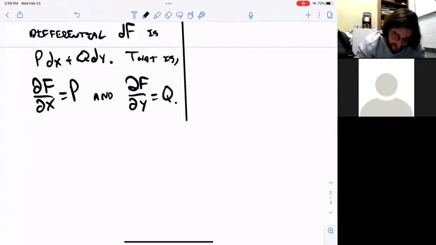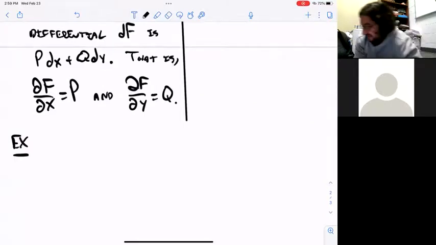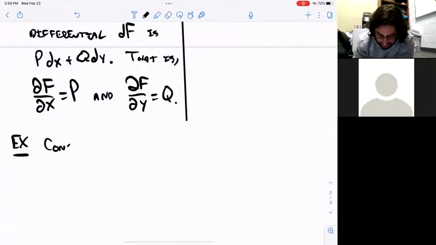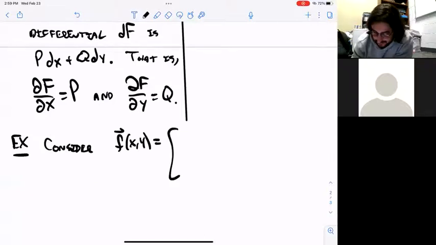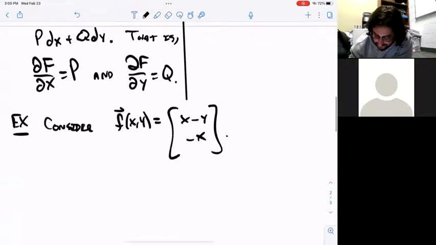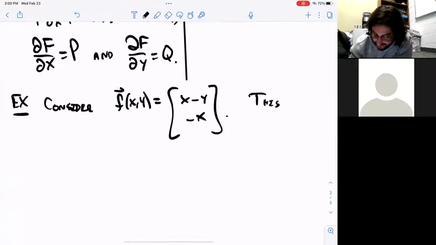let's look at an example of all of this stuff that I'm talking about here. So let's consider the vector field F of x,y, which I'll say is equal to <x minus y, negative x>. So this is exact. Oh my God, I can't keep the language straight now. This is proving the point that these two ideas are interchangeable. This is conservative. There we go. Conservative because